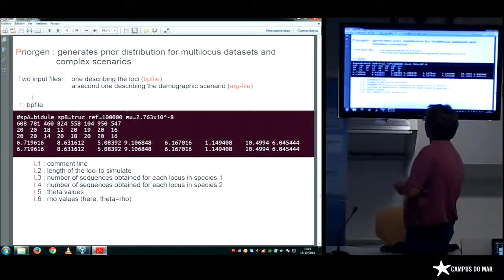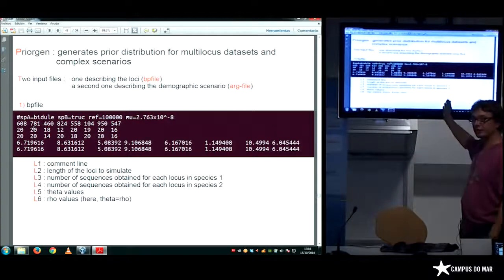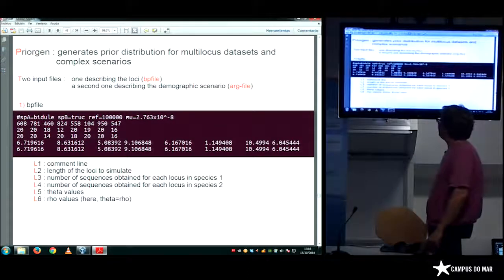So after the description, you have the length of the loci. Here there are just 8 loci. The first locus is 608 base pairs, the second one 788, 81, etc. Here you have the sample size in population 1, so in species A, bidule, and here the sample size in species B, truc.